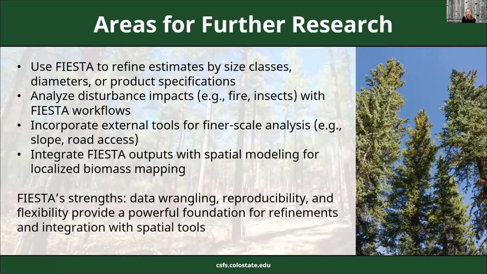And then our assessment provides really broad accounting of biomass availability across different scales and categories, but this really just scratches the surface because these estimates are so broad. There's a lot of different areas we could pursue for further research, especially using Fiesta. We could use Fiesta to create more detailed estimates, incorporating custom size classes or diameters or certain product specifications. And we could also use FIA or the Fiesta package to analyze specific disturbance impacts on biomass availability in